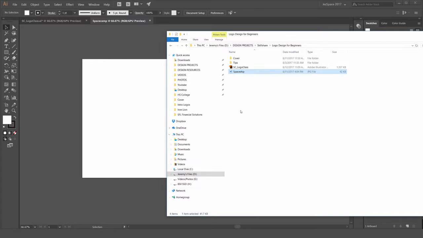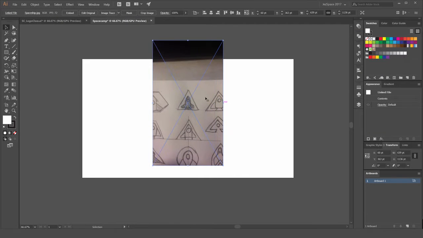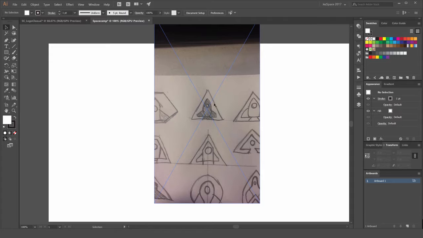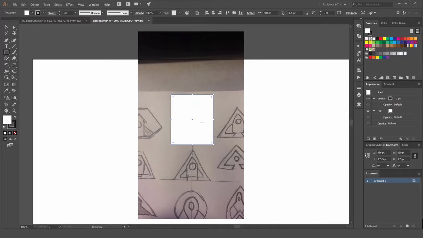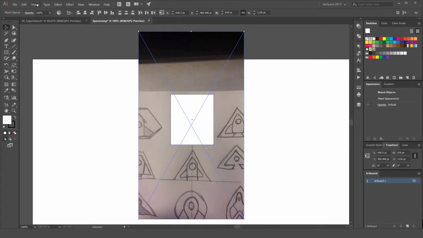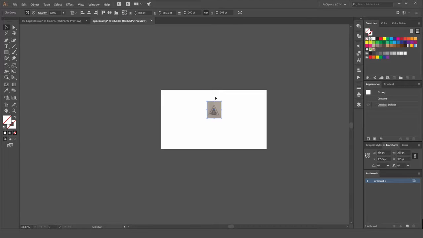And what I'm going to do, I'm just going to drag in my sketch. So what I went for a more of a spaceship instead of an astronaut head and all those other sketches. So that's why it's good to do a lot of sketches so you can get some ideas. And you can see here I went for this one here. So what I'm going to do is just create a box by pressing M, and I'm just going to create a clipping mask. So I'm going to select both of these and go Object, Clipping Mask, Make. So I can just keep it that. I don't want to look at all the other stuff. I just want to have this